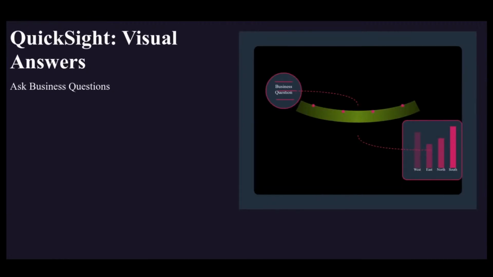Now, QuickSight visual answers allow you to ask business questions and then get results like charts or maybe anomaly detection. And if we look at the connection with live data, this is also a very important feature of the platform. It can reveal hidden patterns through things like clustering and anomaly detection. And it also allows you to have a driver for decision making, because you can have a dashboard that comes from a software engineering pipeline or a business intelligence pipeline or product management KPIs,